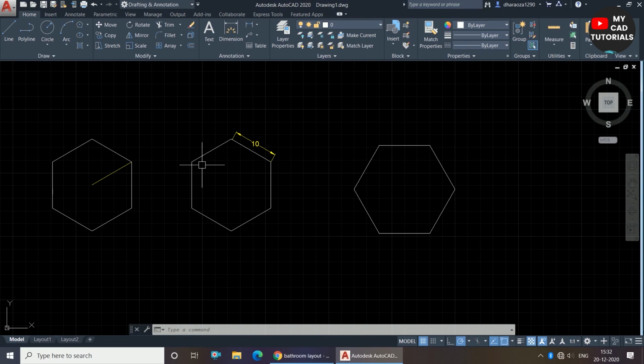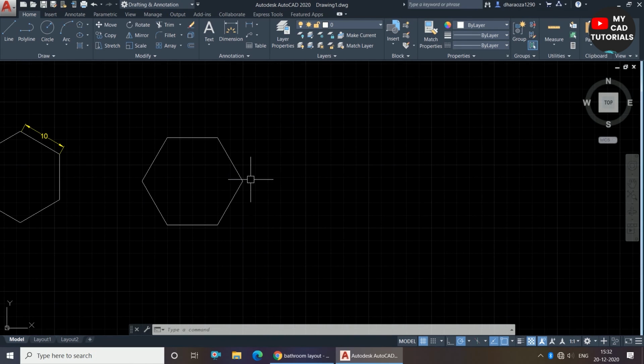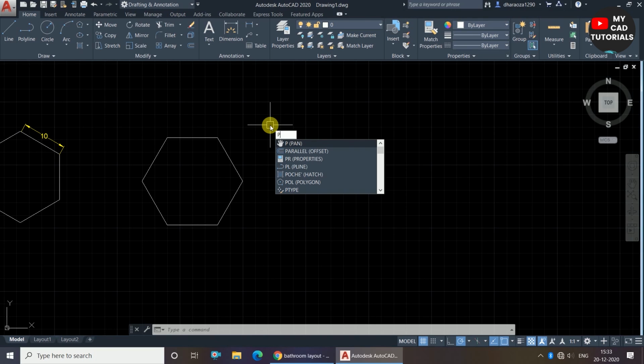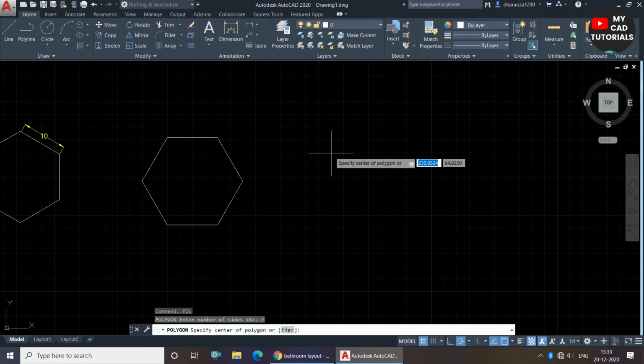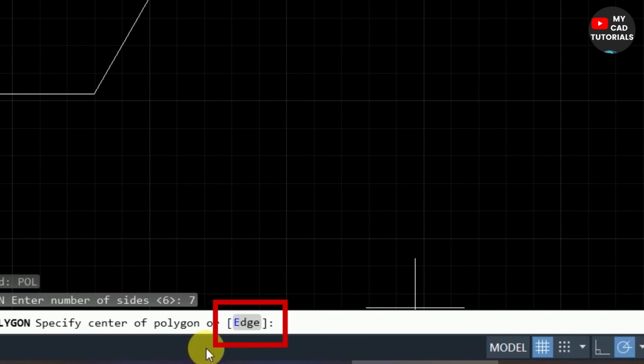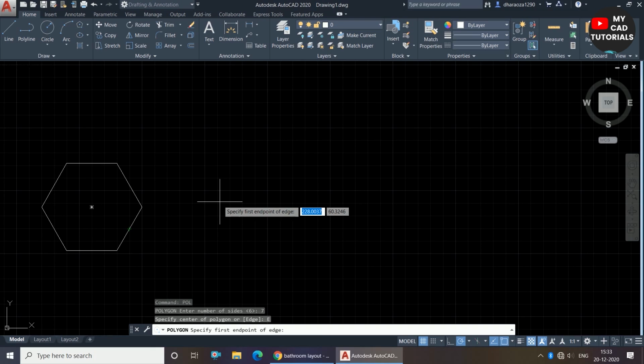But if we have the length of the side, then how to draw a polygon in AutoCAD? So again I am selecting polygon from here, or you can type POL and press enter. The polygon command is invoked. I am giving the number of sides as 7 and press enter. And you can see here the edge option in the command bar. Just click on the edge